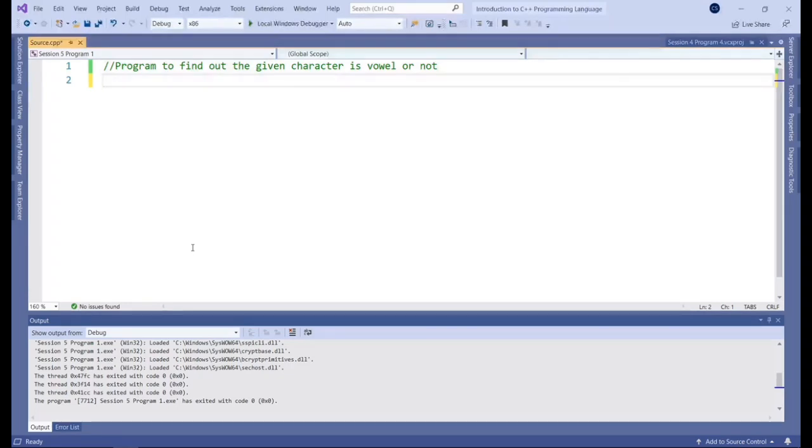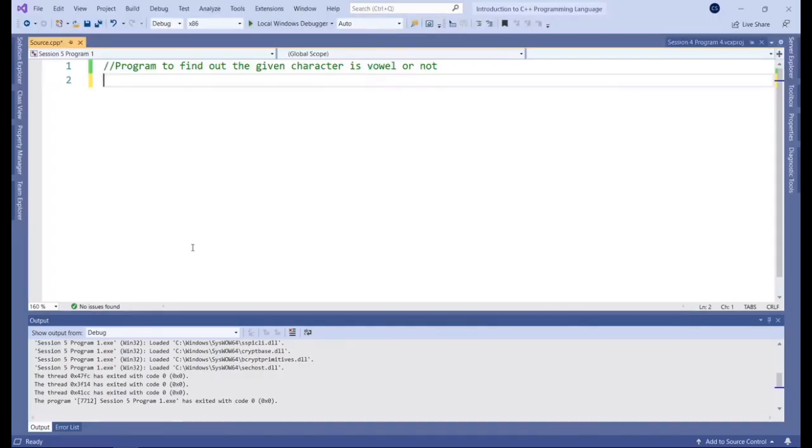So rather than evaluating that one variable tons of times, we can use switch cases to evaluate it once, and depending on the result of that evaluation or the value of that variable, then you direct it to a number of different outcomes. Okay, so we'll try to do that because the best way to understand it is through an actual real life example. So we're going to build a program that takes in a character, and then depending on the actual character entered, it determines if it's a vowel or not.